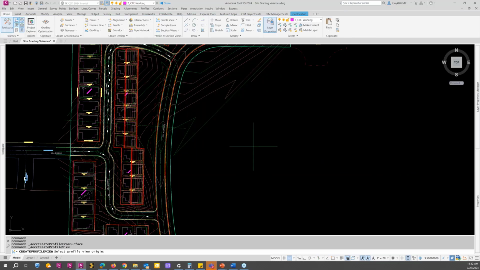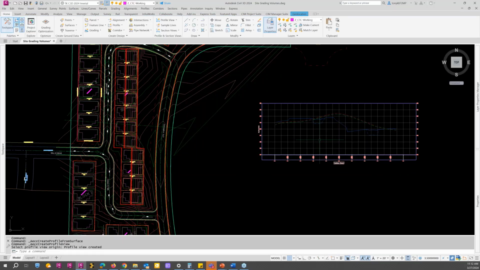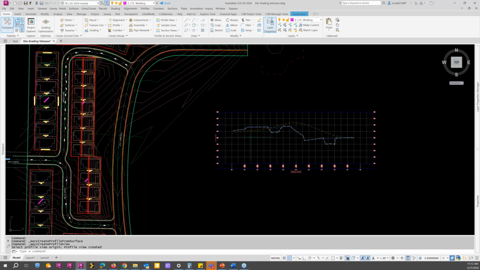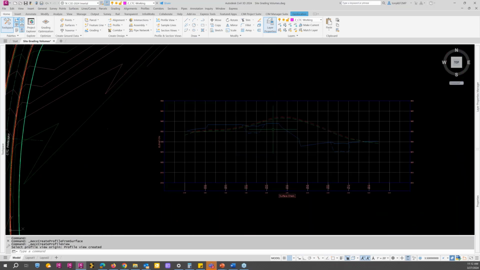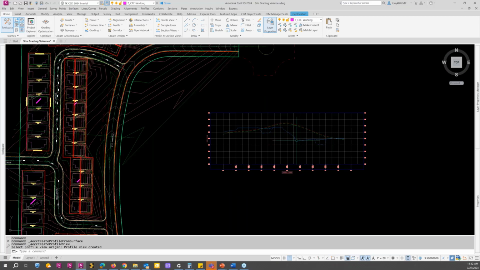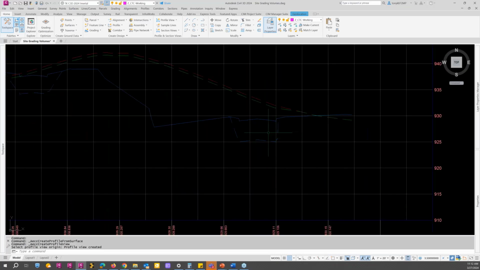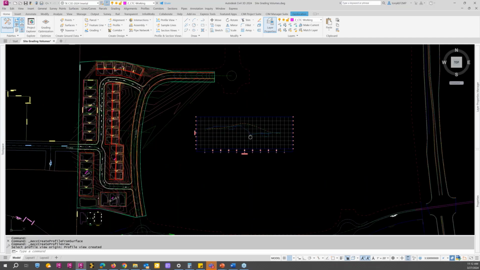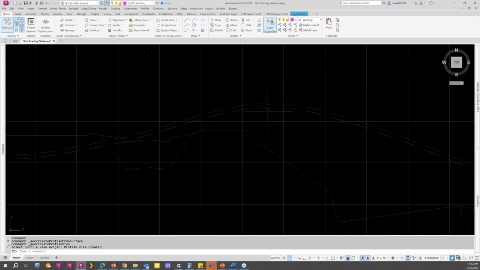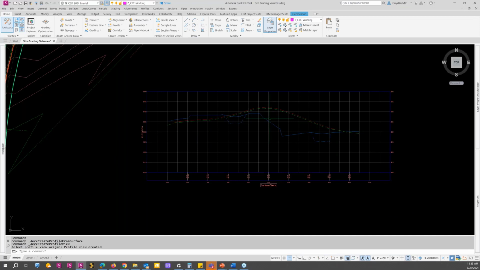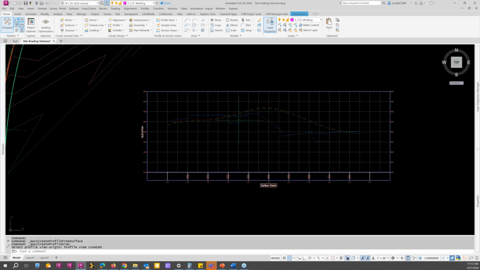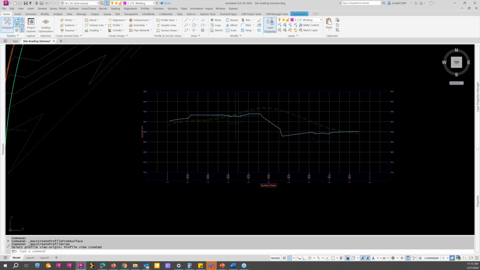Let's create a profile and see how that looks. So from here we can see now we've cut through right here. We see the finished ground for the lots right here, these slab on grade lots. We see our basement lots, our full walkout basement lots here, and then we see our subcut for our main road down here. So that's where our volumes are coming from. And then here's our stripping. So we took a 1/2 foot off of the entire surface. So in this case, if you wanted to use that for your volumes minus that, you could use that stripping